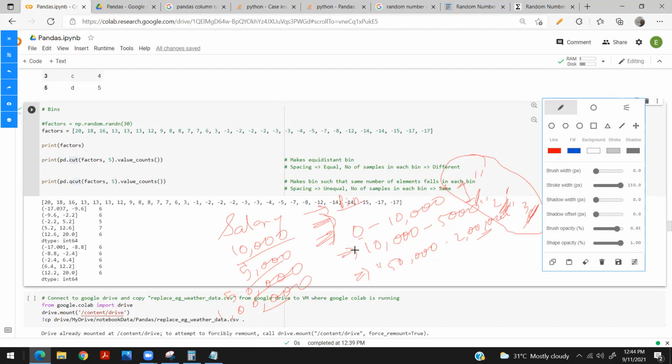But when you make it into bins, into smaller things like this, your machine learning algorithm can study more properly. Let's say you are doing y is equal to m into salary plus c, right? This is what your machine learning algorithm is trying to follow. But if your salary is so different like this, ranging from 5,000 until maybe 5 crore, and the salary for Ambani can be 50 crores or 500 crores or 5,000 crores,